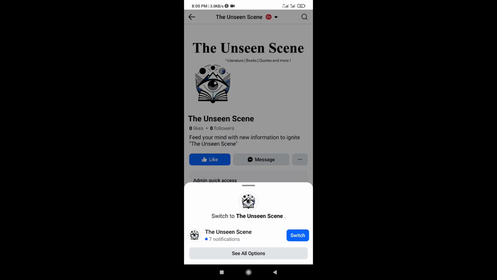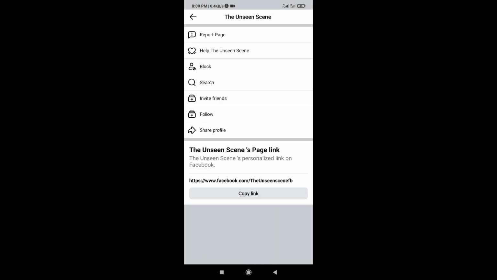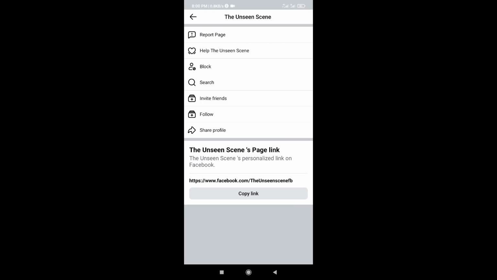From here, tap on this screen and tap on this three dot on the middle of the right side. Tap on this and share profile. On the share to option, you will see the scan QR code option. If you don't see the scan QR code option like me,